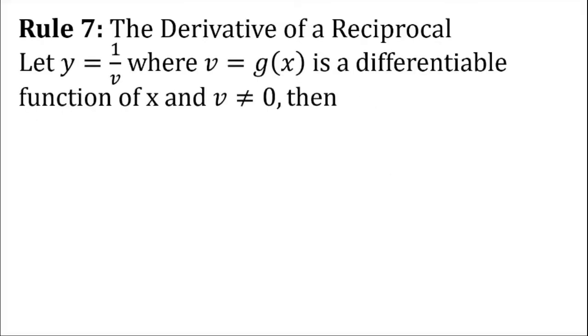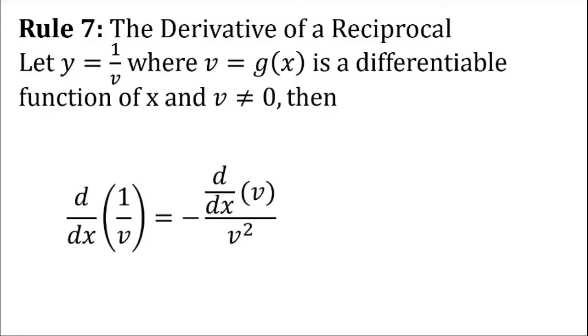Let y equals 1 over b, where b is equal to g of x, a differentiable function of x, and b is not equal to 0, so that it will not be undefined. Then d over dx of 1 over b is equal to negative d over dx of b over b squared,